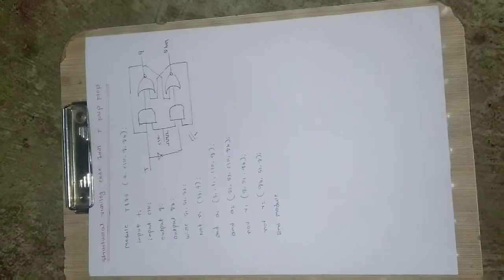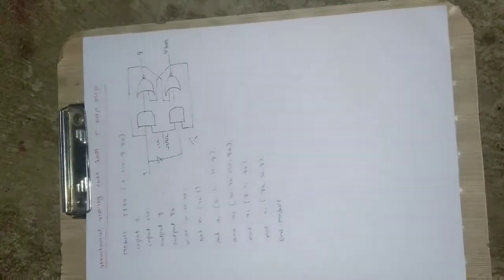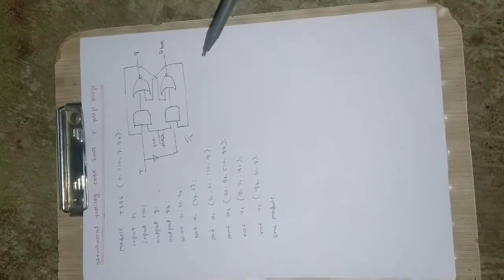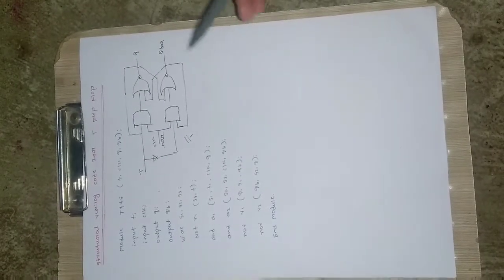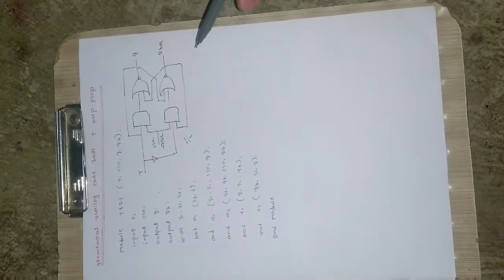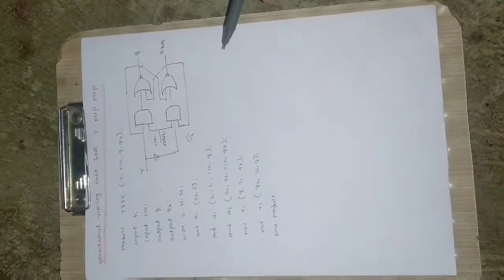Okay, so this circuit diagram we need whenever we are writing the structural Verilog code. As I said, gate level description is very important for structural Verilog coding. If you want to write anything related to structural Verilog, then you should have a picture of that circuit diagram in the gate level representation. Then only it will be very easy for us to write the code.